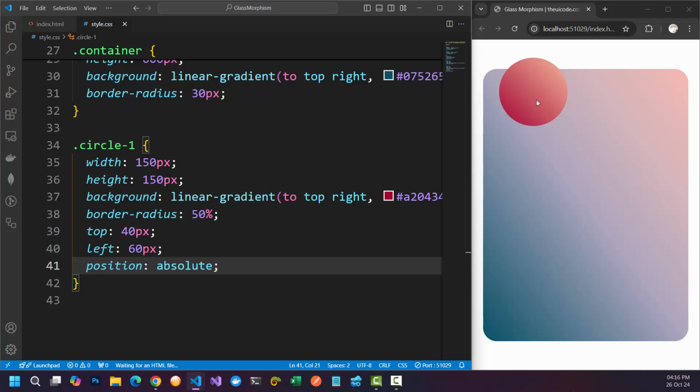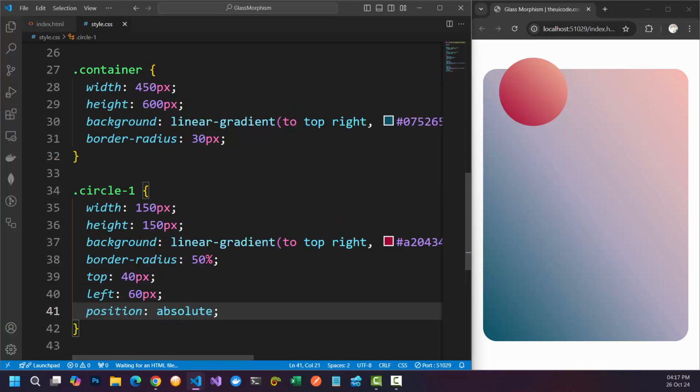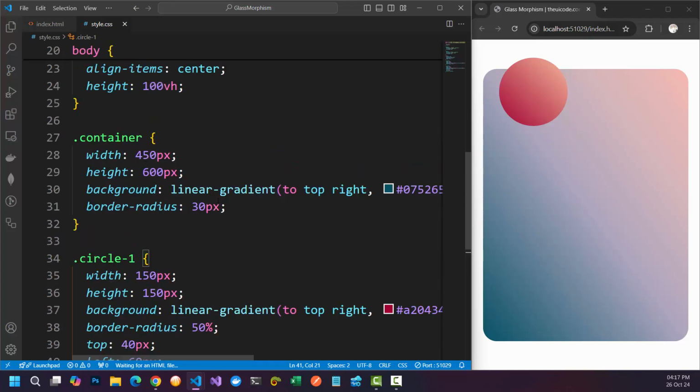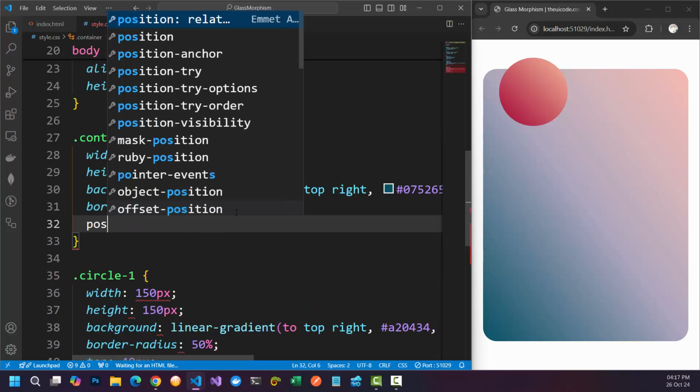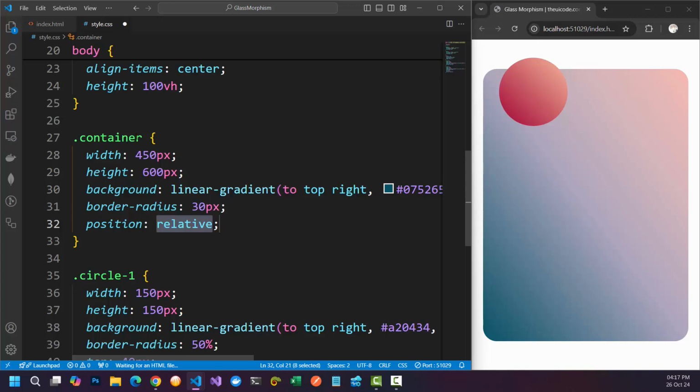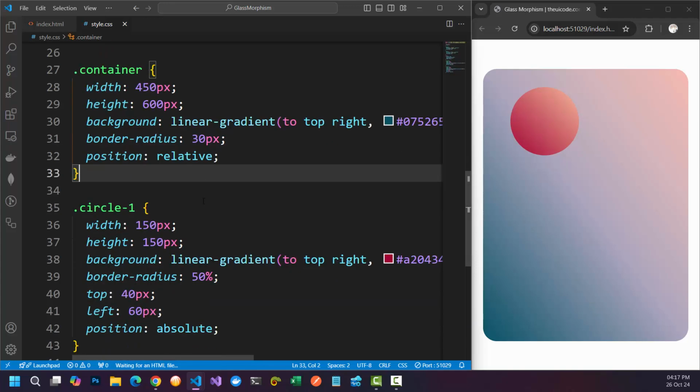We want the circle to position within this div's container, and for that we need to go to the container and say that the positioning should be relative to this container, which means it should take the left and top property values from the container's position. So if you save this now, you see the top of 40 is this and left of 60 is